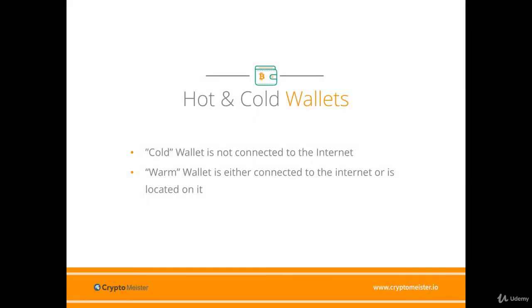Classifying wallets can be confusing as there are groups within groups and the information changes as the technology changes. The first classification is whether or not a wallet is cold or hot. A cold wallet is considered the safest because it is not connected to the internet. Typically, you would store the bulk of your coins in a cold wallet.